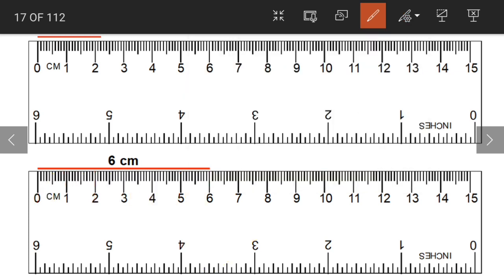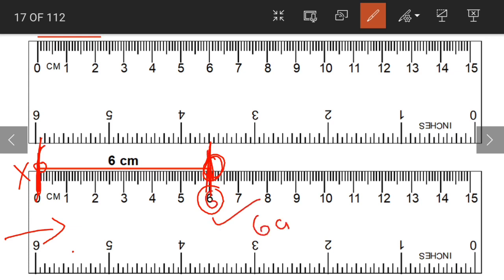Okay, so in short, what should we remember about measurement of line segments using scales is that one end point of the line segment should coincide with 0 on the scale, but not the edge. Now when one end is at 0, what will the length of the line segment become? We have to look at the other end. Where it is stopping, that will become the length of the given line segment. Here the other end point is coinciding with 6. So the length of the line segment becomes 6 centimeters.